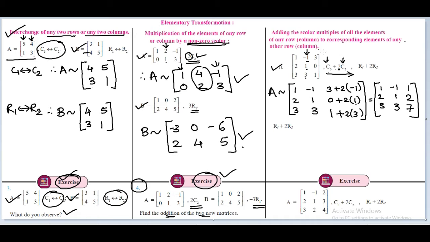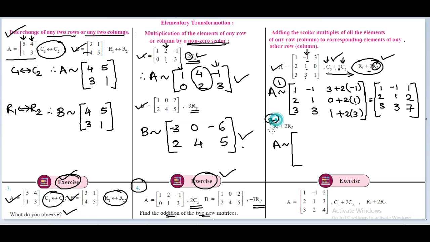Understood what I have done in the first transformation? Okay. Now similarly I can show you the transformation for the rows as well. Now this tells me that row 2 is multiplied by 2 and it is added to the first row. Okay. Now again a new operation. Let's number it as 2 and this was the first operation. Okay. These two things are different. Now this is the operation on row. Okay. So new matrix that will be formed will be equivalent to the original matrix.